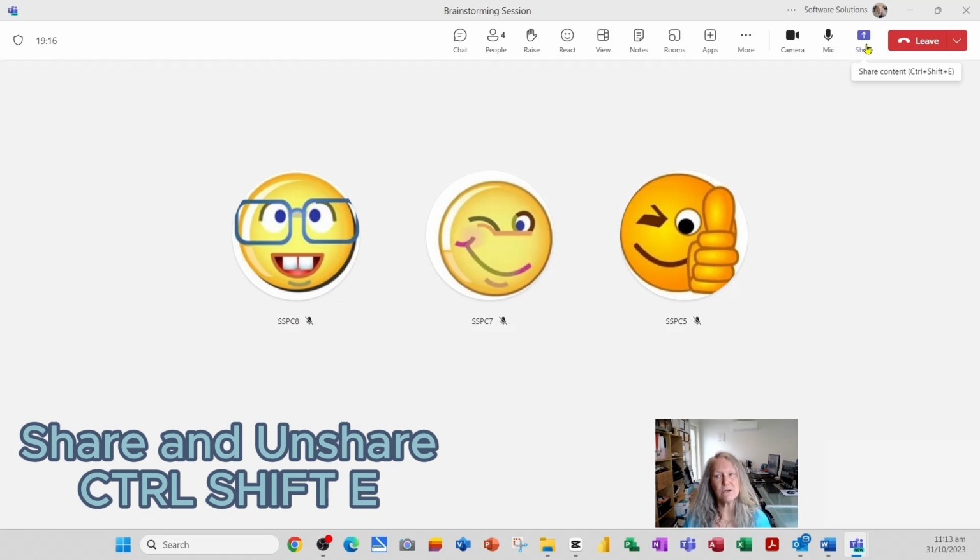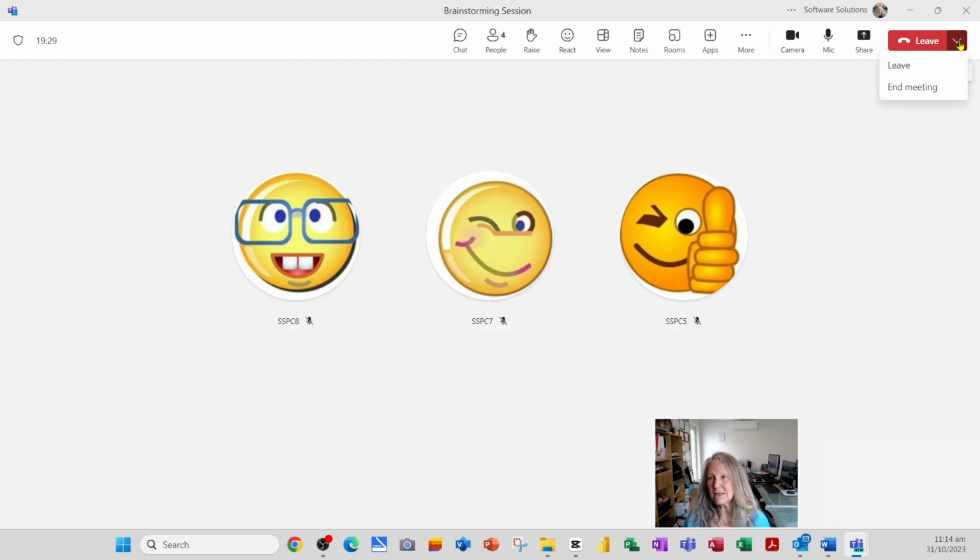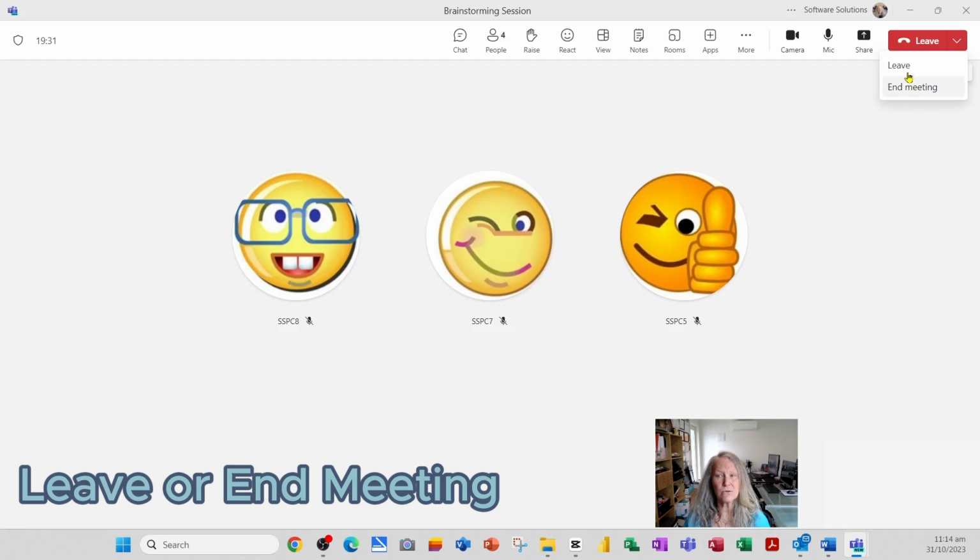So I recommend that you learn those three shortcut key combinations. Control-Shift-O for your camera, Control-Shift-M for your microphone, and Control-Shift-E for sharing. And then ultimately when you want to leave the meeting, you can end the meeting or leave the meeting. There is a drop down, especially if you're the meeting organizer, you can end it, but I'm just